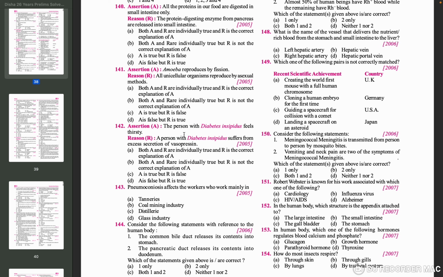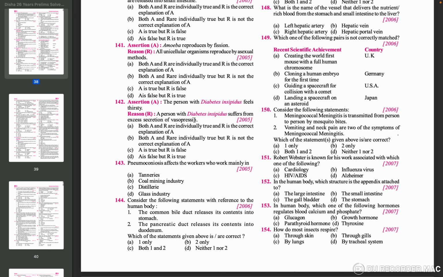A person with diabetes insipidus feels thirsty. A person with diabetes insipidus suffers from excess secretion of vasopressin. There are, I think, two types of diabetes, and